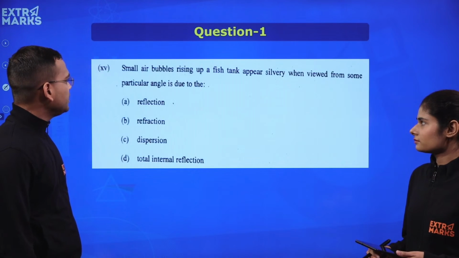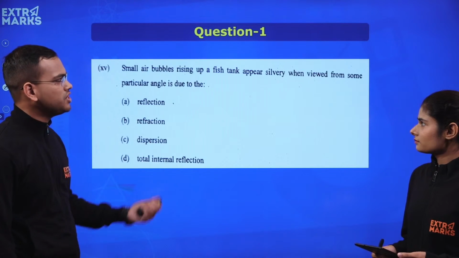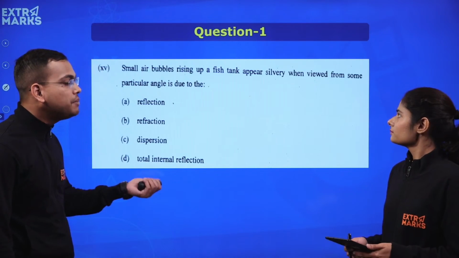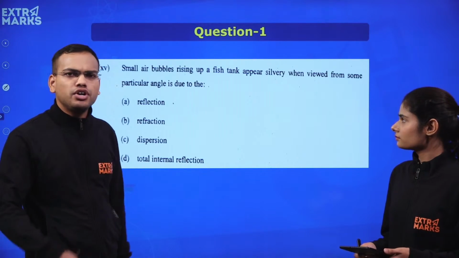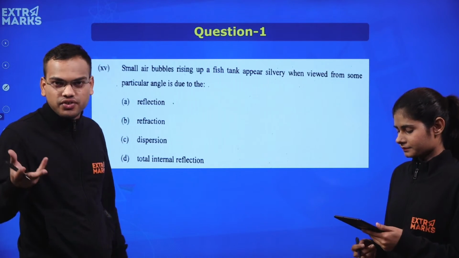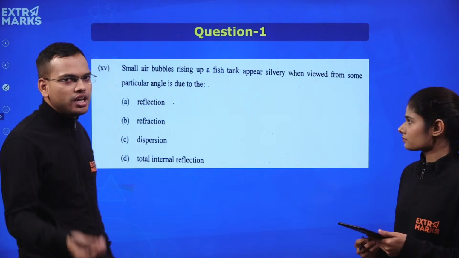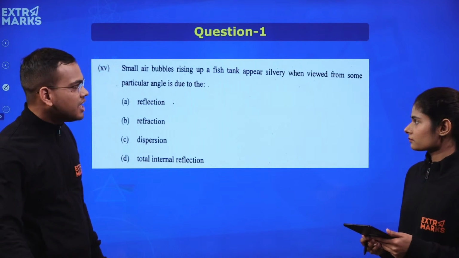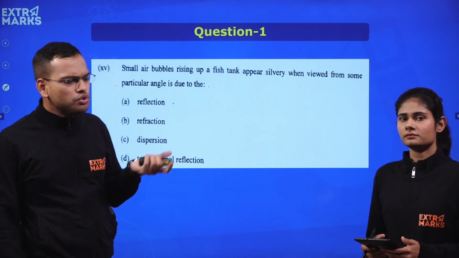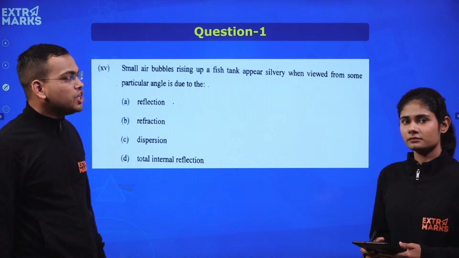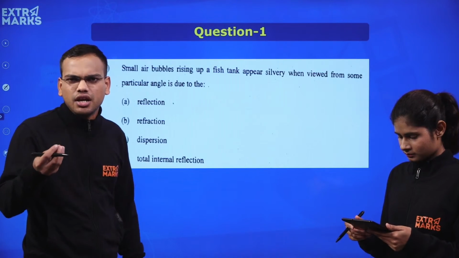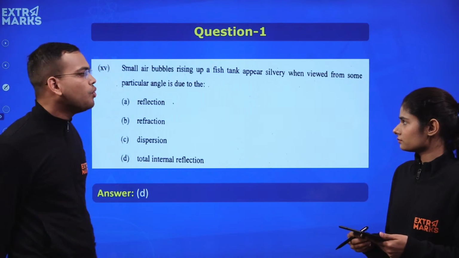Now, this is the last single mark question: small air bubbles rising up in a fish tank appear silvery. Whenever you notice any fish tank, at a shop or at your home, you notice that small air bubbles start rising from the tank. Whenever you view them from some particular angle, not from every angle, you will notice that the bubbles which are rising up look silvery. They have a shiny appearance. Why? Because